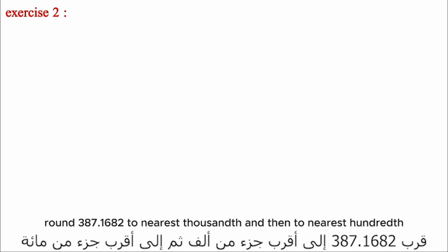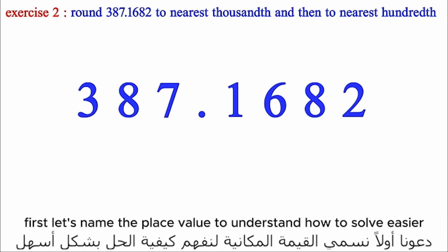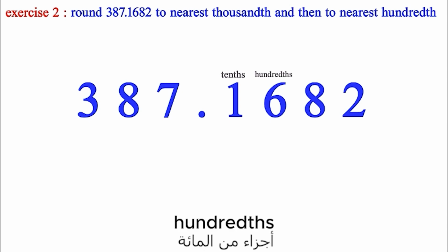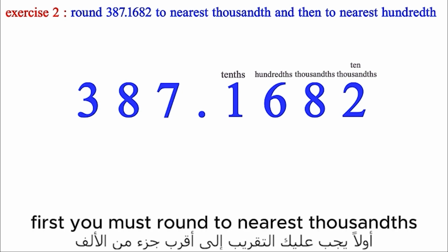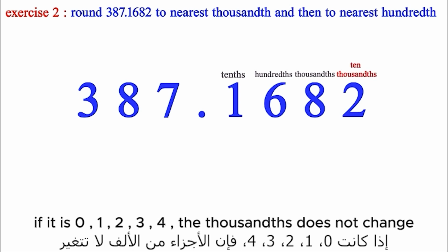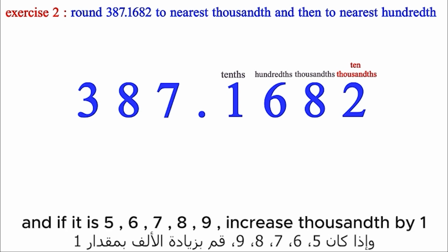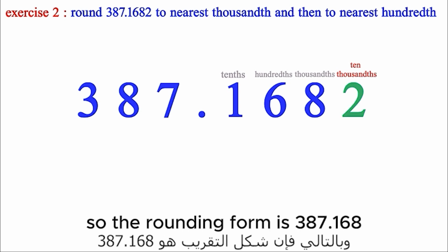Second question. Round 387.1682 to the nearest thousandth and then to the nearest hundredth. First, let's name the place values to understand how to solve it more easily. Tenths, hundredths, thousandths, ten-thousandths. First you must round to the nearest thousandth, so you must look at the ten-thousandths place. If it is 0, 1, 2, 3, 4, the thousandths does not change. And if it is 5, 6, 7, 8, 9, increase thousandth by 1. It is 2, so the thousandth does not change, so the rounded form is